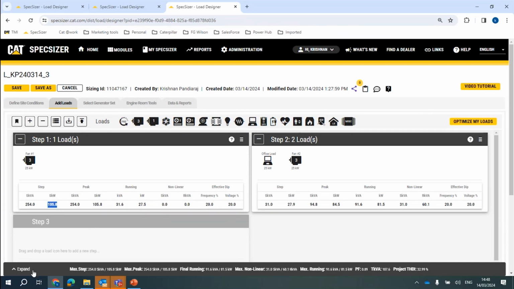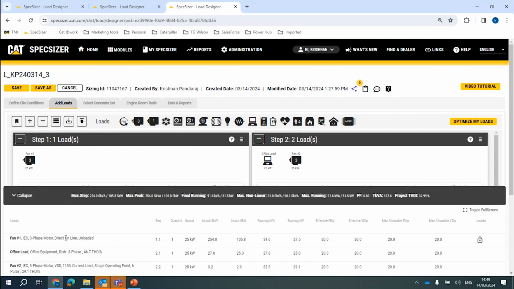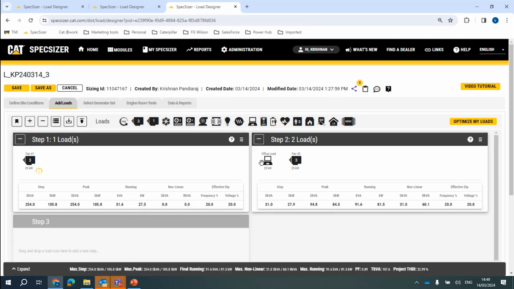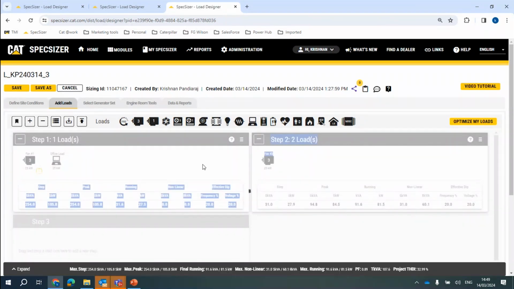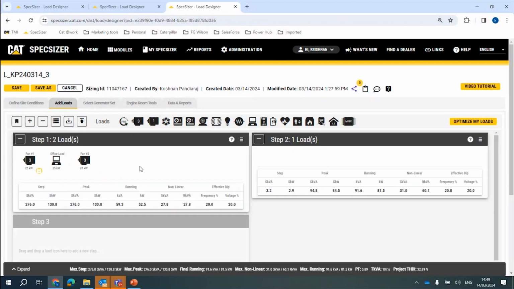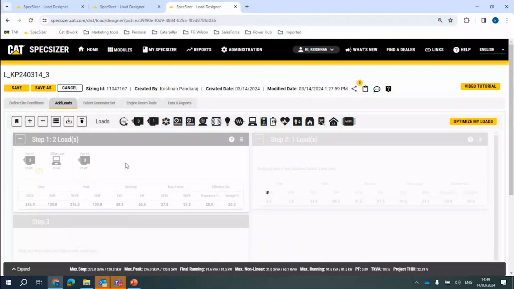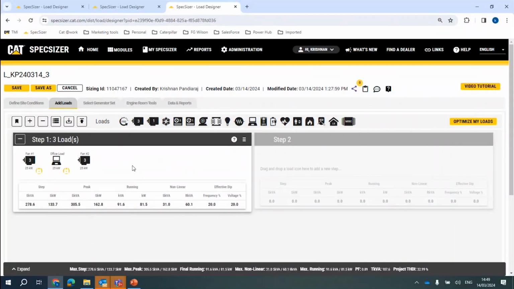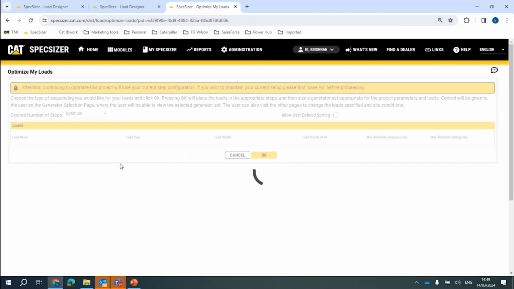Before I stop here, let me quickly show you. There's a black banner at the bottom that shows you the details of the load. Here you can also understand the starting demand and running demand, and you can also lock the loads here. Say, for example, I'm locking the load here. Then I collapse, then move the loads here, 1, 2, and 3. And I'm going to lock this office load as well. And then if I go back and do optimize my loads, you will see that the office load and the 25 kilowatt fan load will be in step 1,